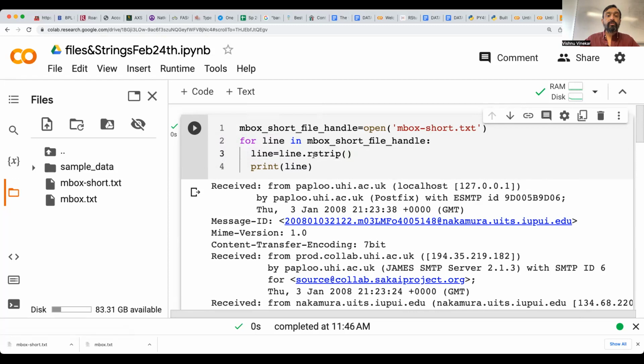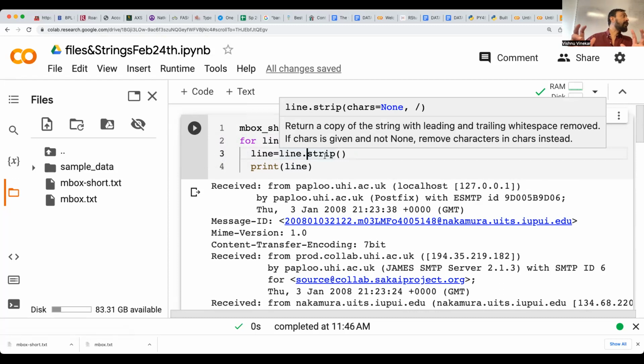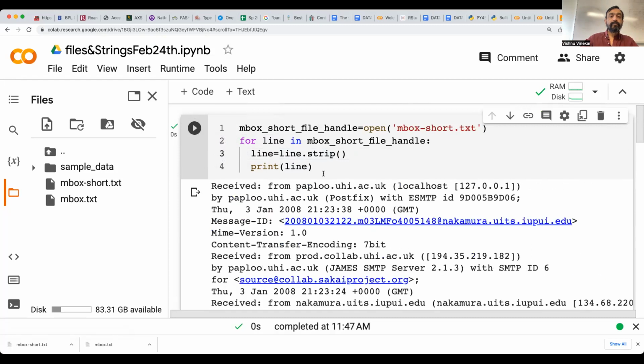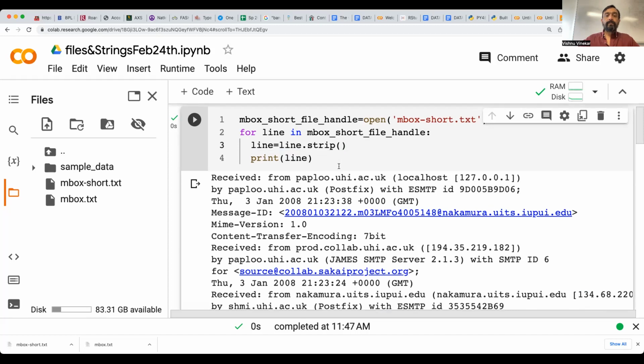You can also use strip. It'll do the same thing. Instead of rstrip, you can also use strip. Strip removes extra lines before and after. All right, are we okay? All right, so now